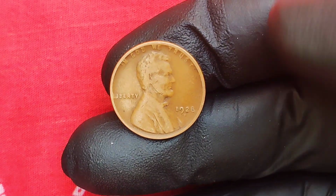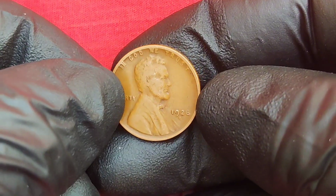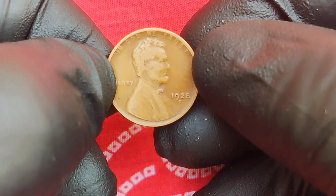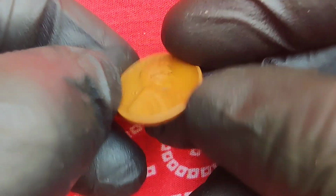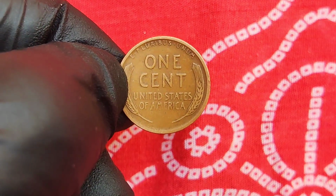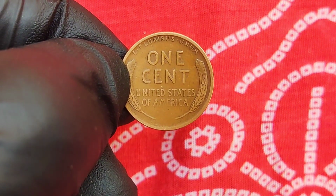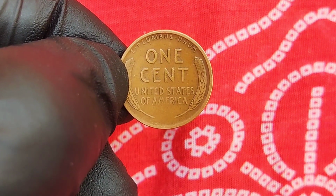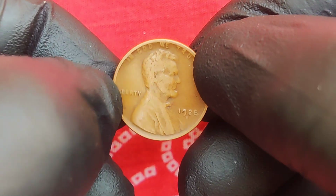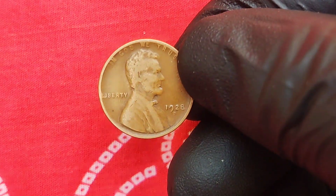Always examine under gentle, natural light. The warmth of authentic copper reveals itself best there. And once you find one, never clean it. Cleaning destroys decades of natural tone and wipes away value instantly. Store it in a sealed, temperature-stable capsule. These coins have survived a century. Help them survive another. The 1928 D Lincoln wheat penny stands as one of the greatest hidden treasures in